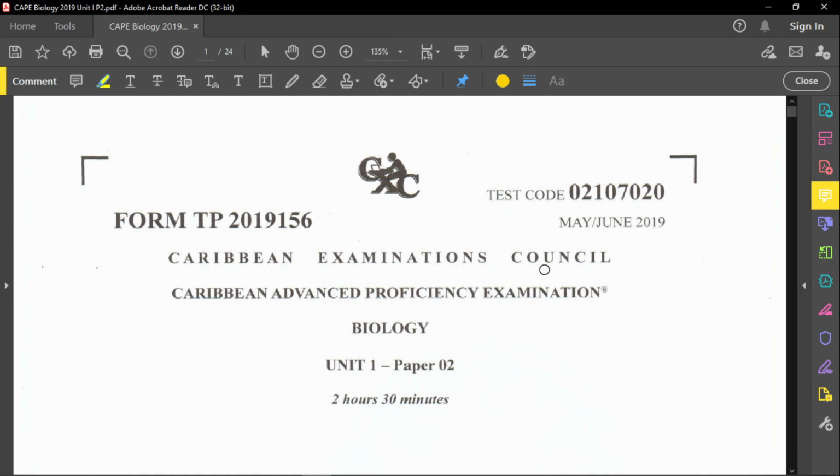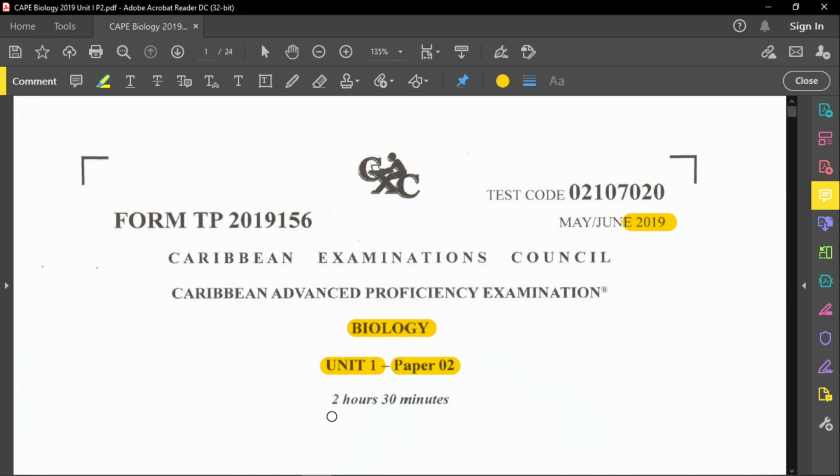Welcome everyone. Today we're doing a CAPE Biology past paper review. We're doing a Unit 1 paper, a paper 2. This was from the year 2019, and please note that